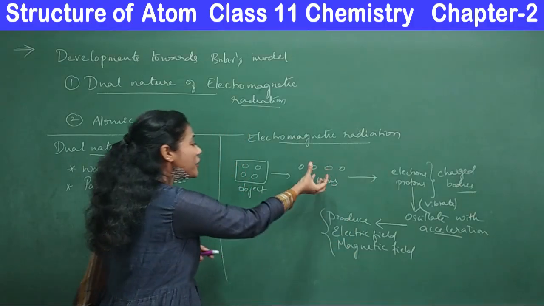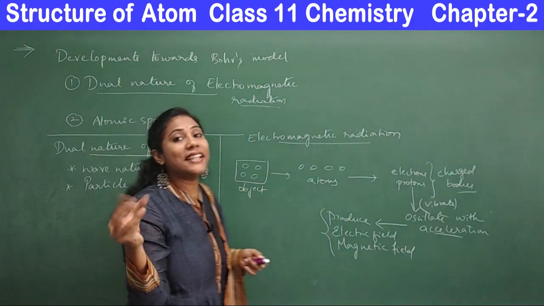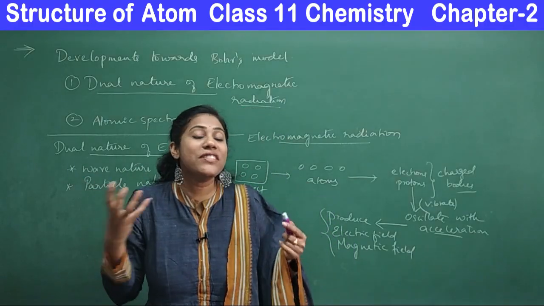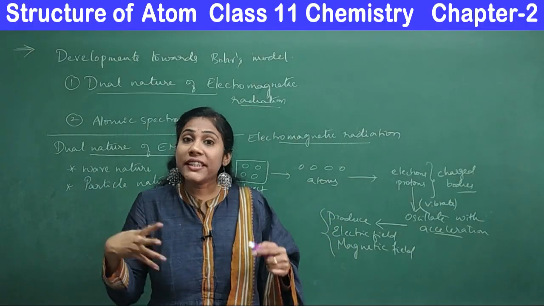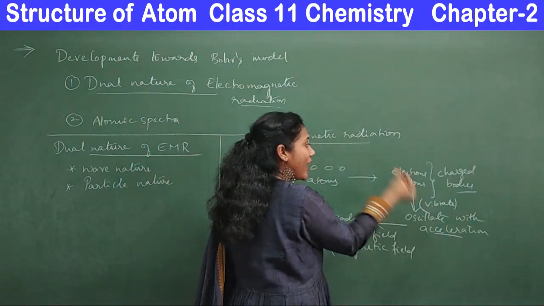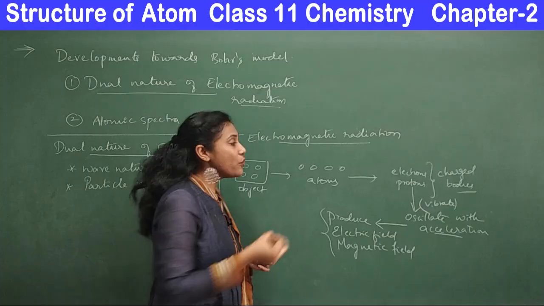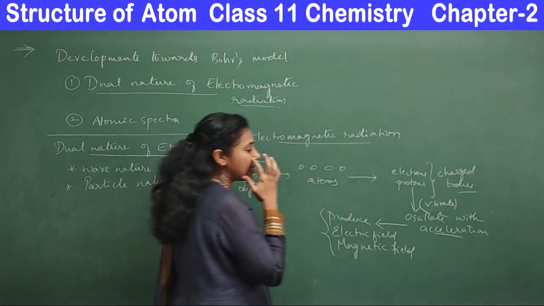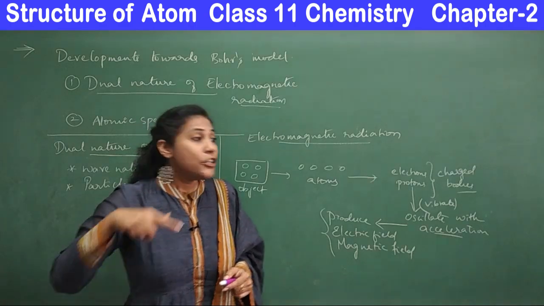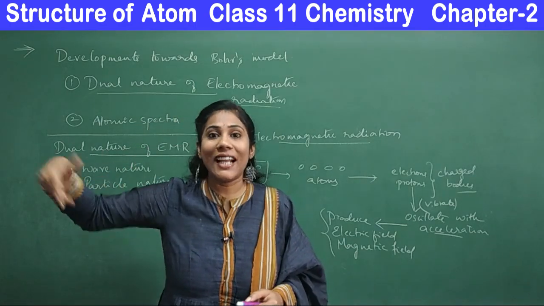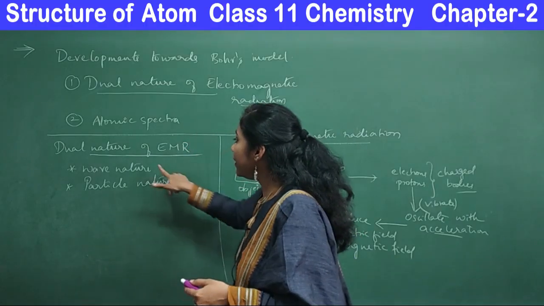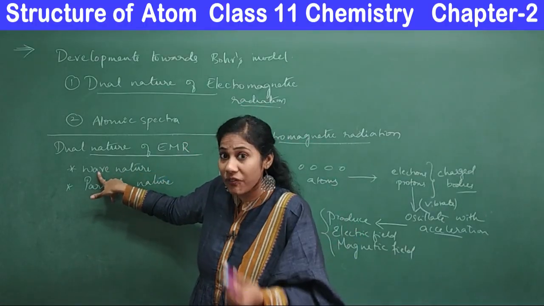It's because each and every body has a certain amount of heat. If you take a human body, even we have certain amount of heat within us. So this heat is responsible for the movement or the vibrations of these electrons. When they vibrate continuously with certain speed, they produce electric field and magnetic field. These fields travel in the atmosphere. They can travel in the form of wave, that's what we call wave nature.